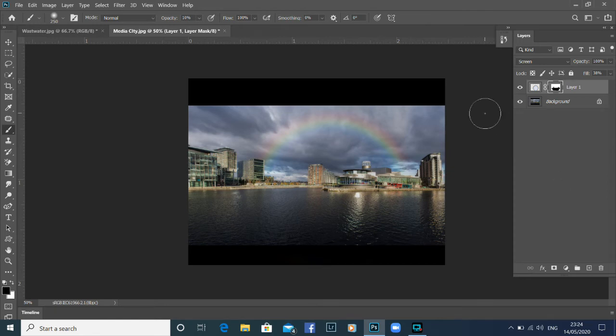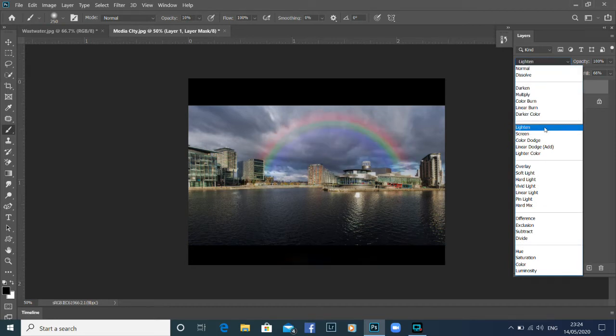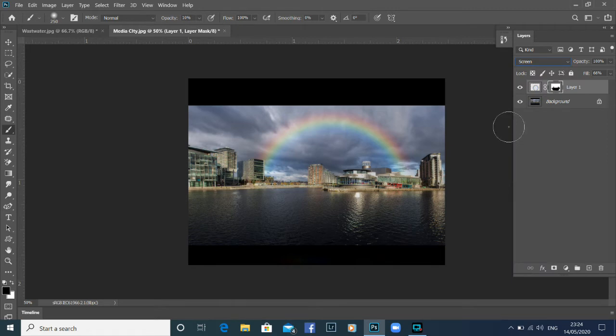Now if you think it's still a little bit too bright, you can lower the opacity down a little bit more, or you might want to put it on higher. You could change the blending mode. You might find one that suits your image a little bit better, but generally speaking, it's the screen mode that